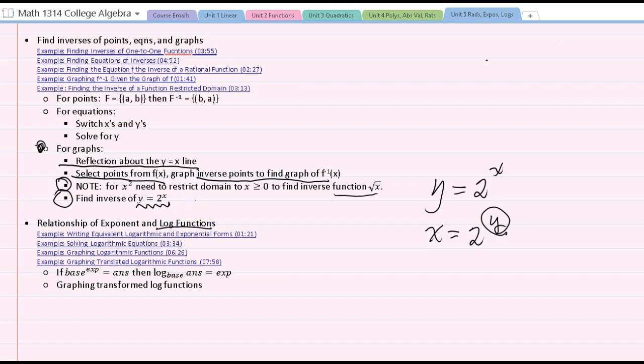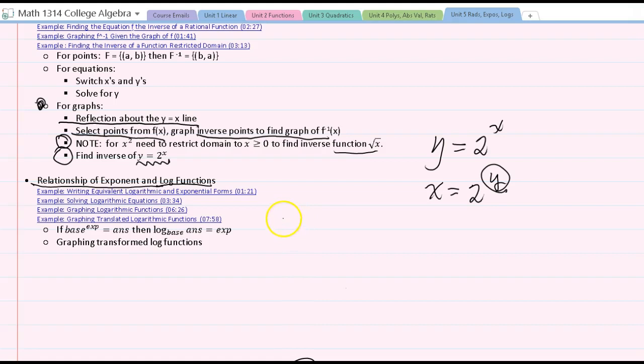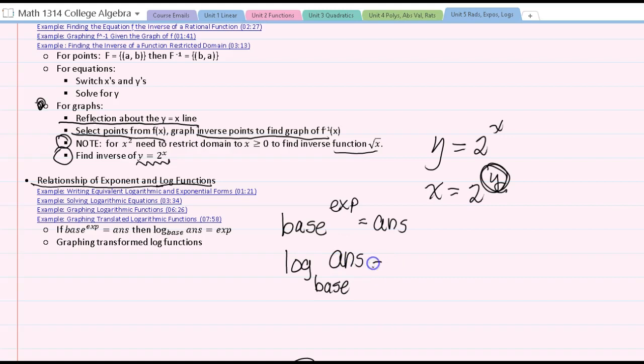So you've just discovered the relationship between the exponent and the log functions. They are inverses of each other. So what we want to get out of this is that if you have the base to some exponent is equal to some answer, and you're trying to solve for the exponent, you can find that the log base of the answer is actually equal to the exponent. So that's one way we can solve for the exponent. And then we can also,